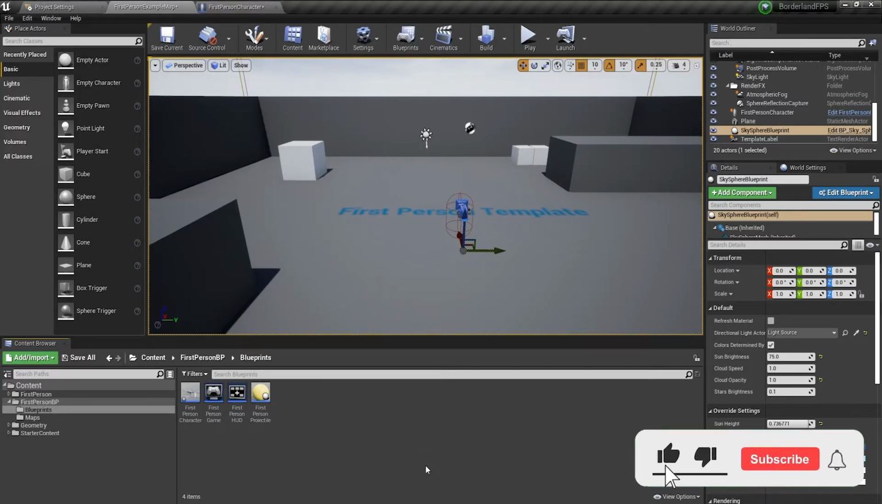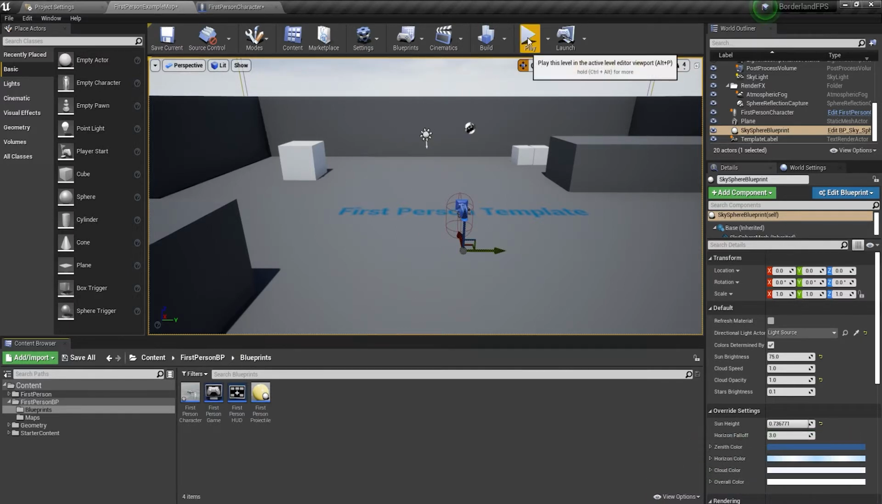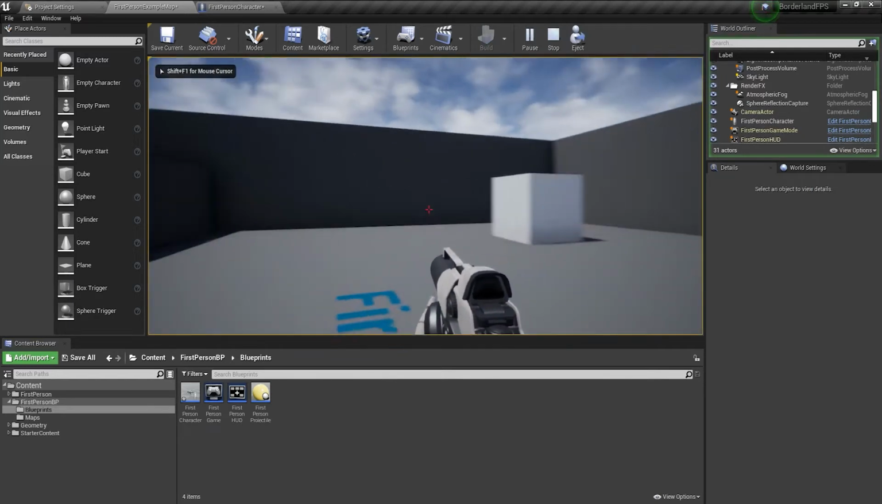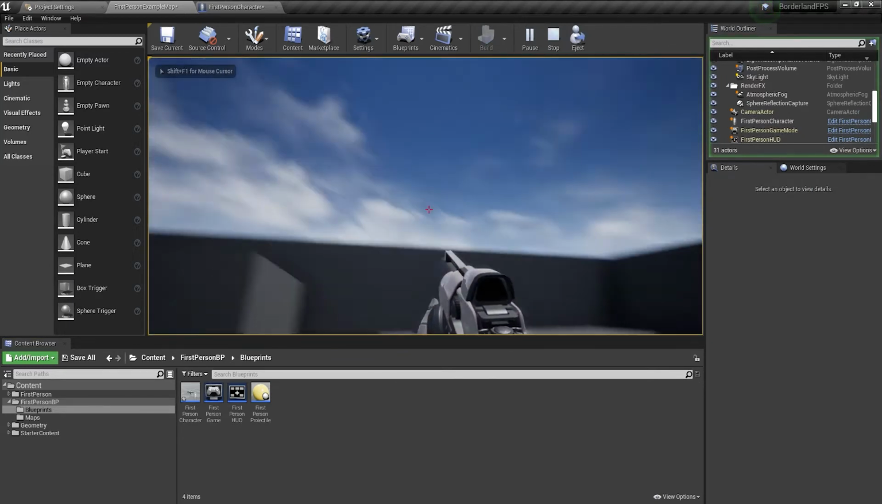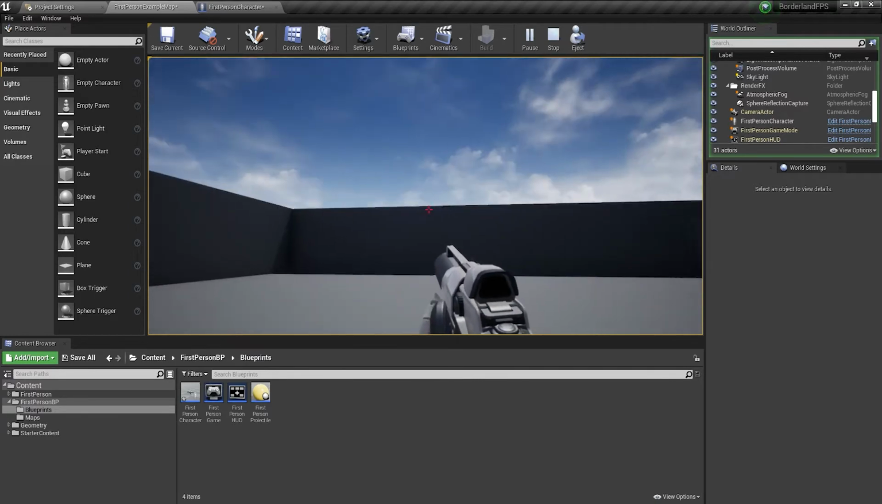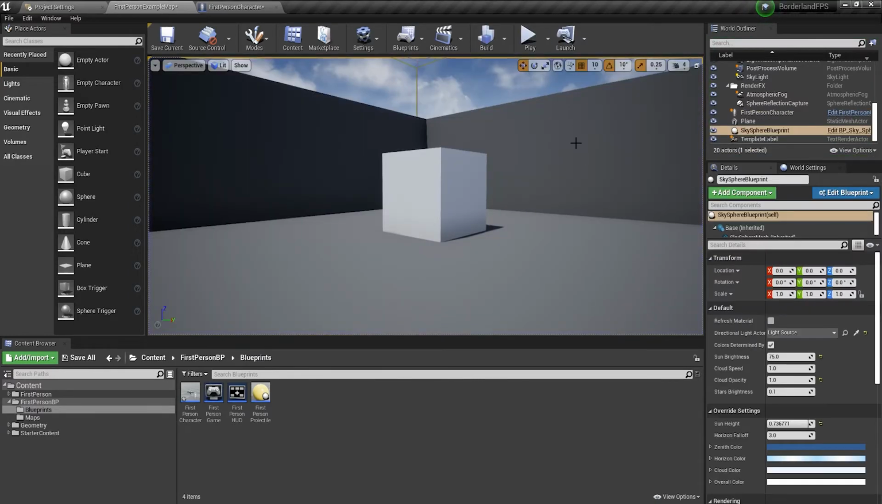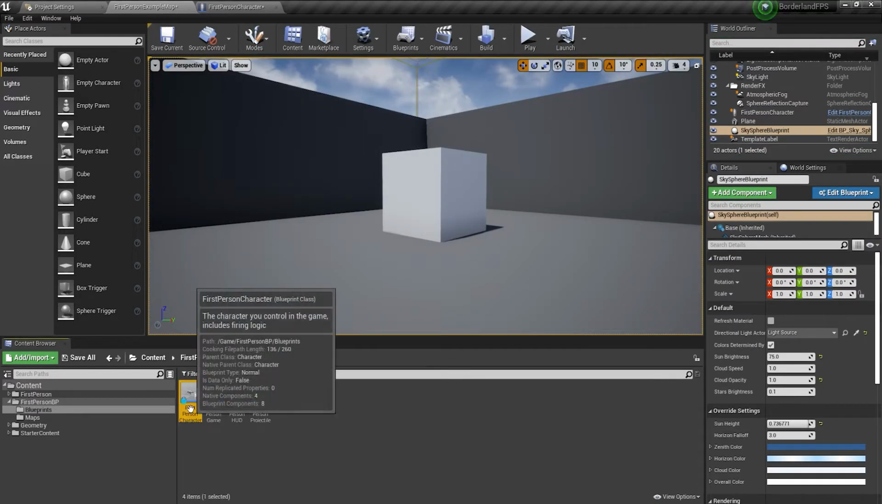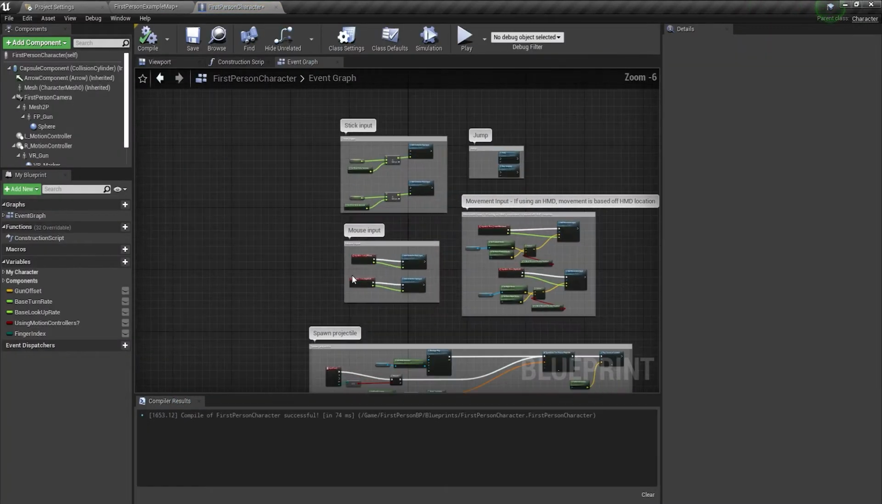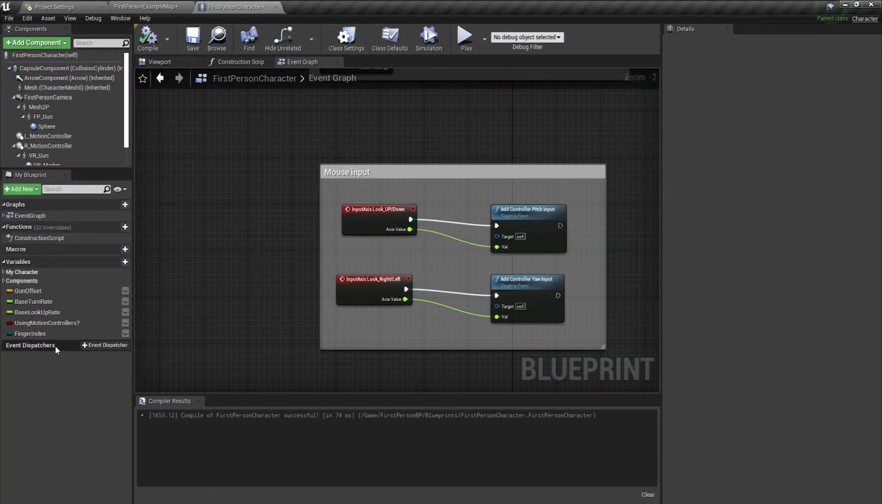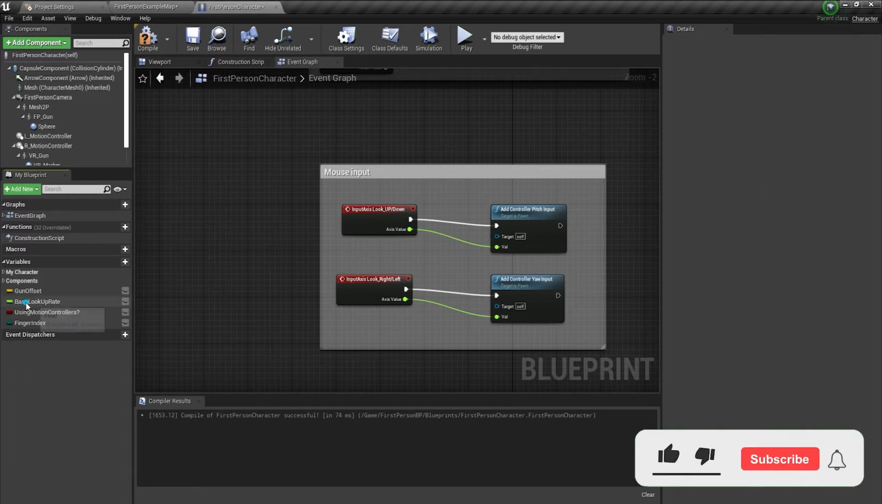Welcome back. In this lecture, we are going to create mouse sensitivity for our character. If I press play, here you can see our character just up and down. So we want to set the sensitivity. So just double click on blueprint, and first of all, we're going to delete these